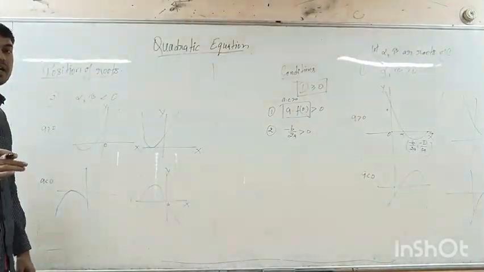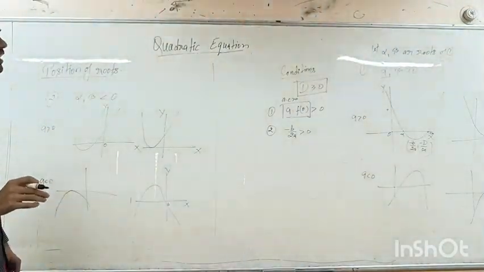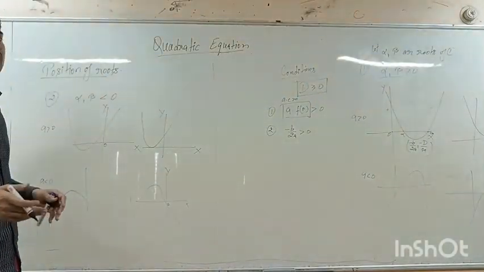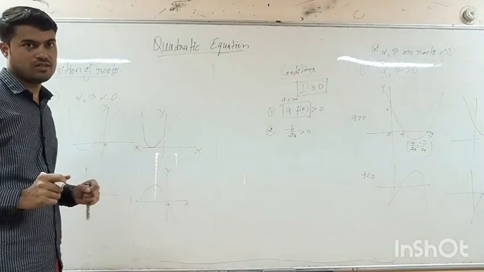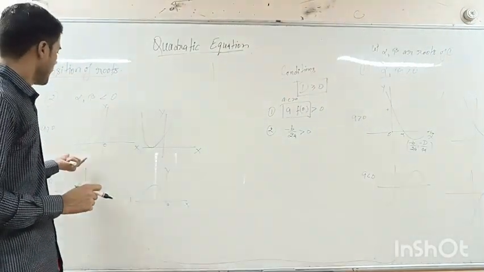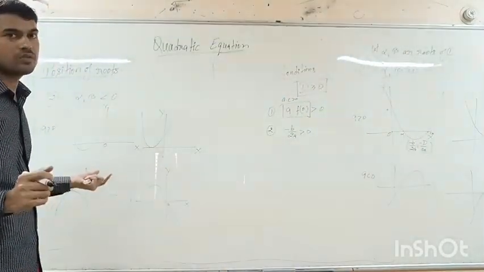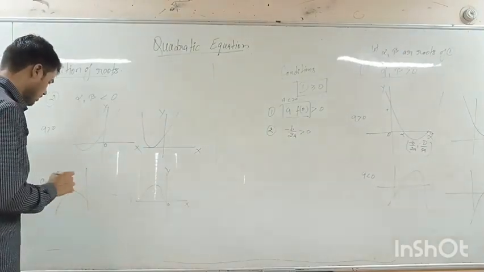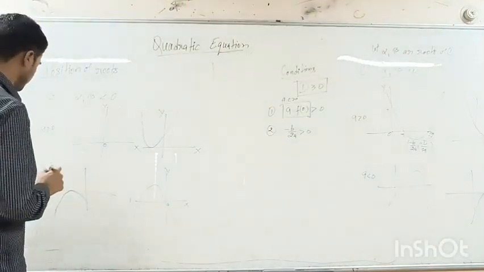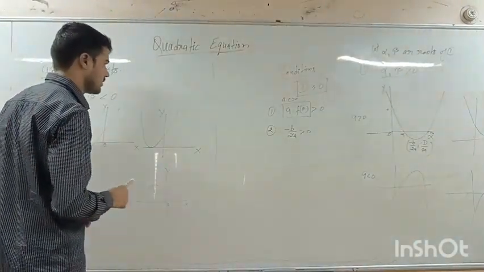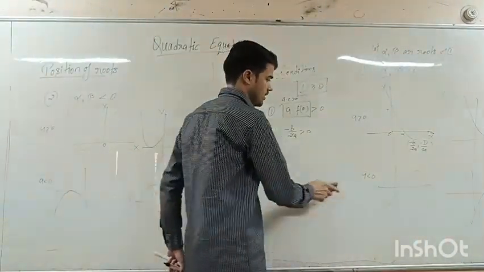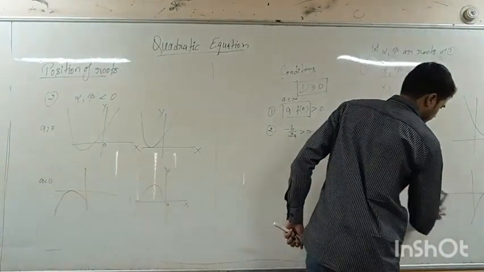If we know how to draw the graph of a quadratic, then many questions can be solved easily. So we should focus more on the graph. We should learn how to deal with the graph. So from here, what can we say? First thing is, it is done. We can graph it.